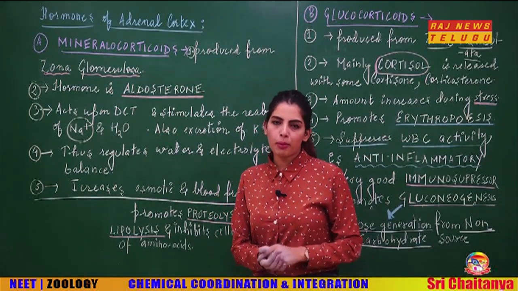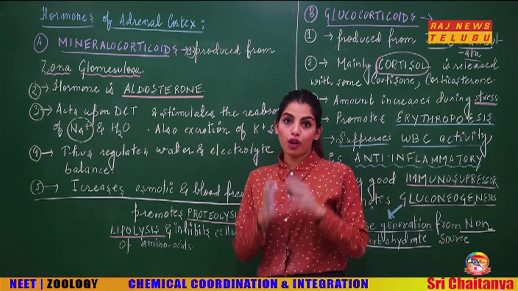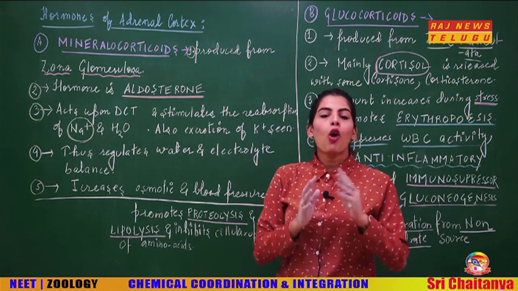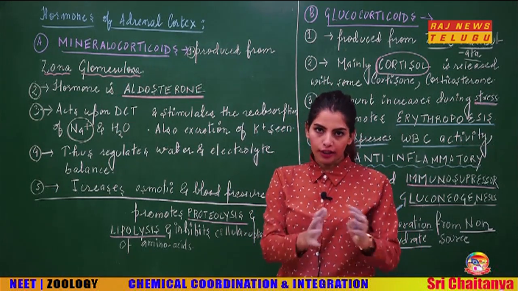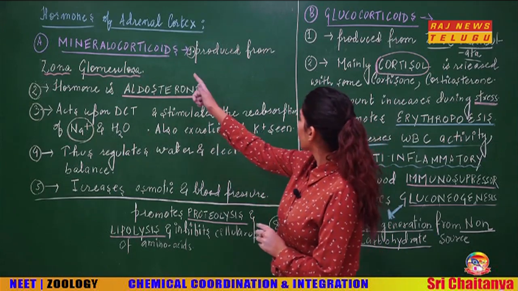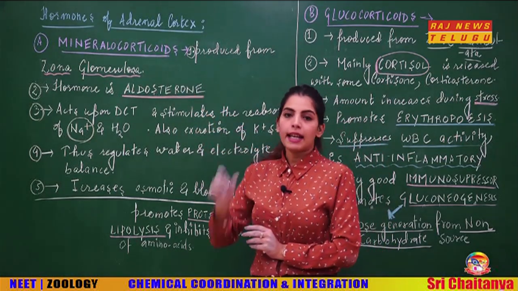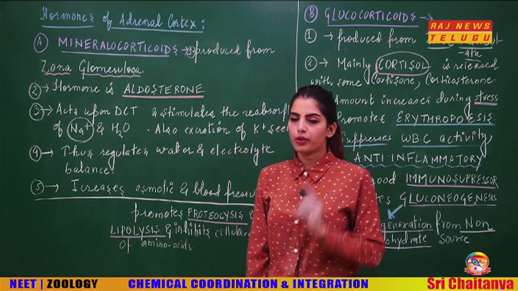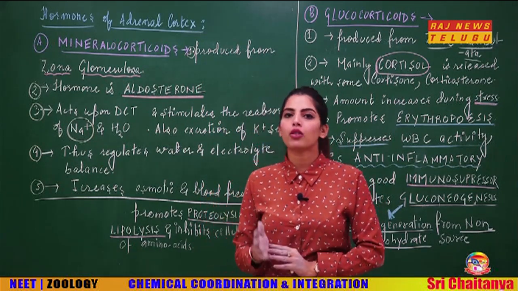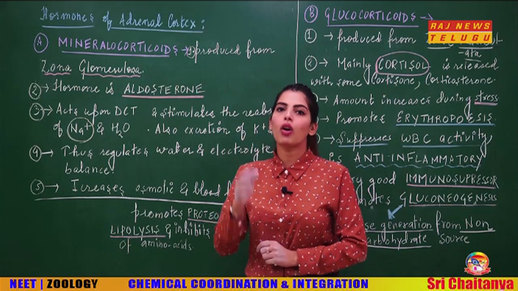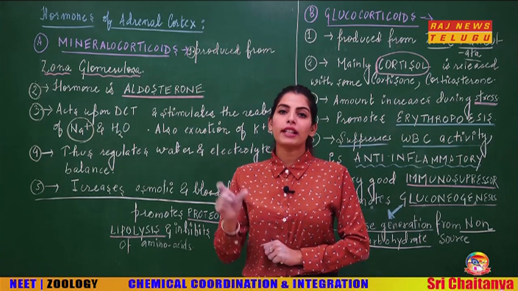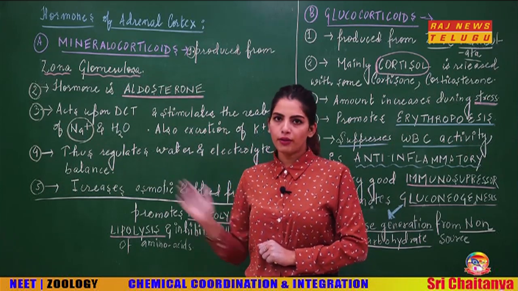Alright, now let us look at the different hormones of the adrenal gland. First of all, I am starting with the hormones of the adrenal cortex, which was the outermost part. The very first hormone that I have written is mineralocorticoids. Students, we have already discussed that the hormones of the cortex are called corticoids or corticosteroids. So you will come across this corticoid term quite a few times now.